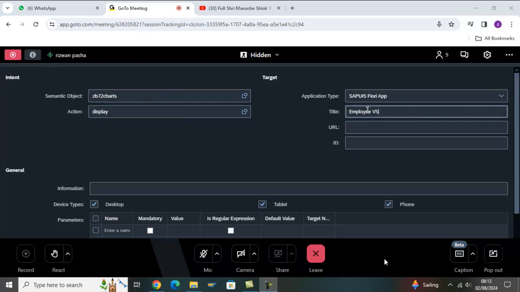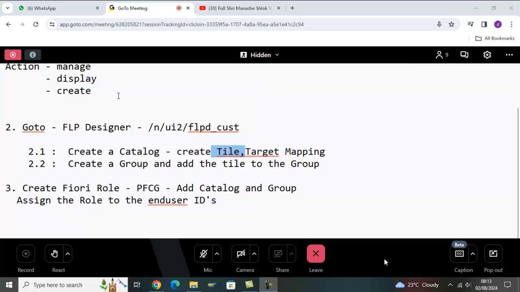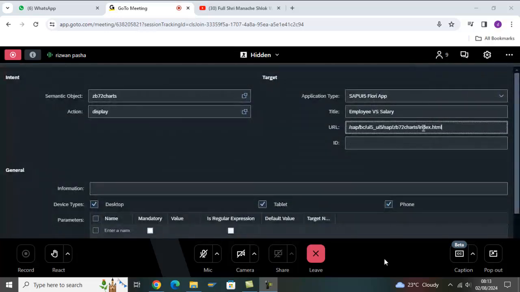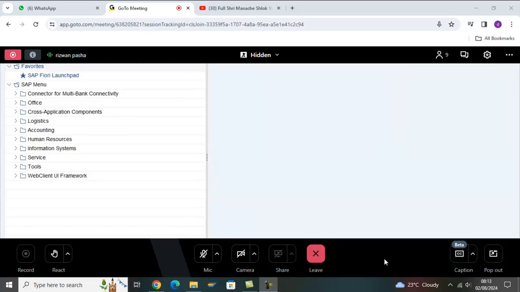Title, employee versus salary, URL of the application. Where is the URL? Yeah, this is the URL of the application, /SAP/BC/UI5_UI5/ZB72 index.html. Application ID: if you want the application ID, you can go to SC80,